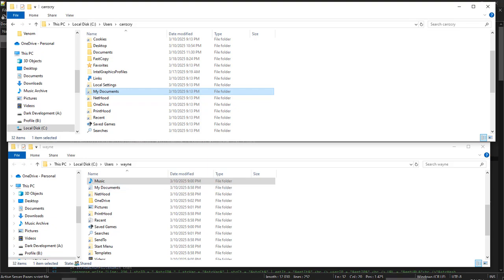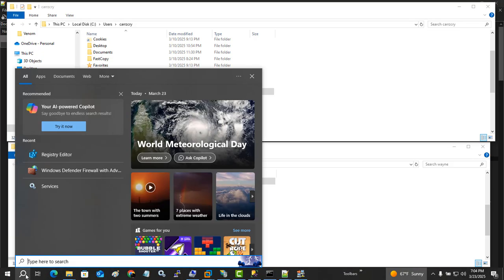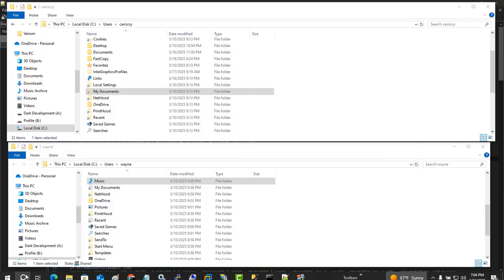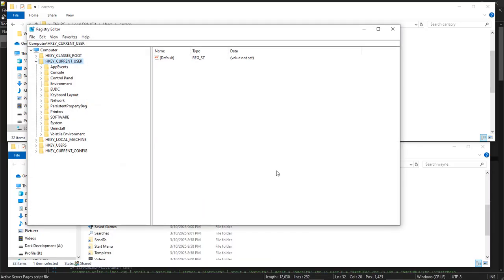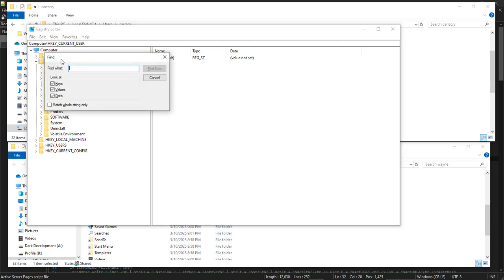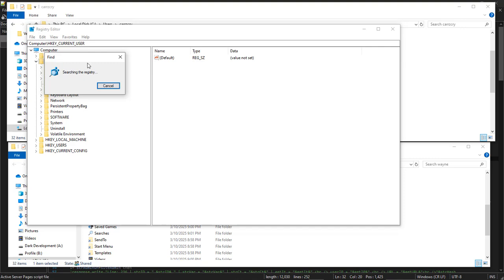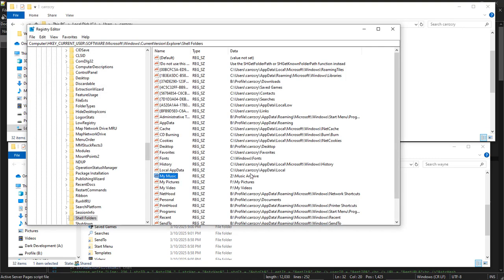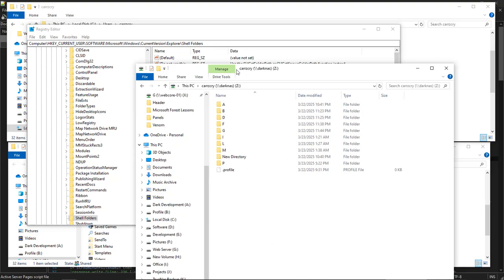registry. So we're going to come over here, we're going to hit our search, type in regedit, hit enter, choose yes on the dialog. And on your current user, you're just going to select it, make sure that it is selected, hit Control F and type in my music. Hit enter. And there we go. It's sitting right here. So that means that inside of my